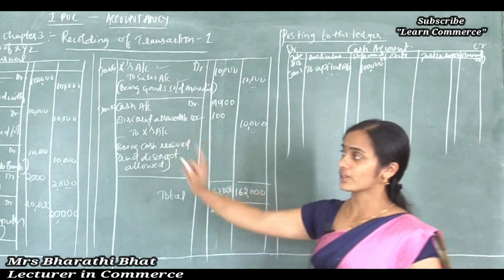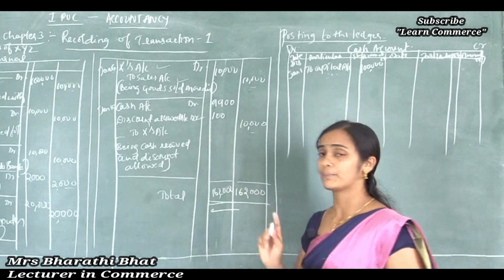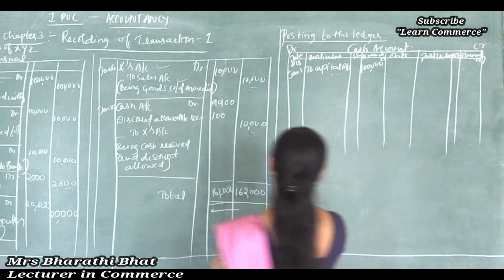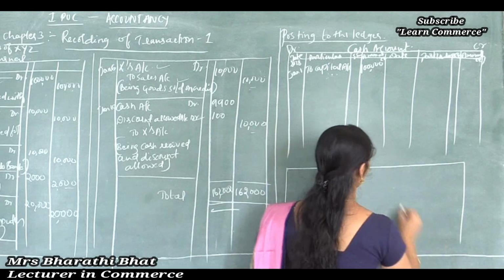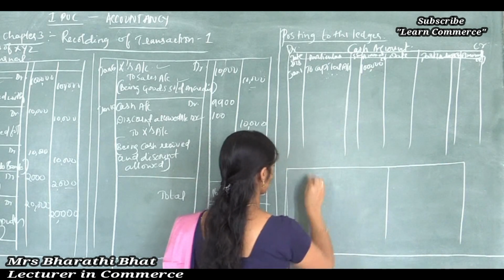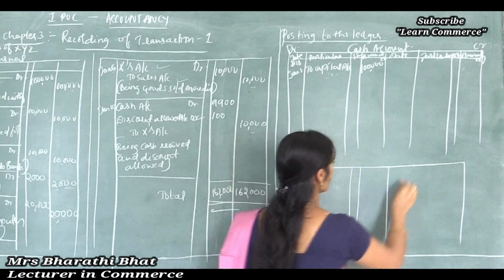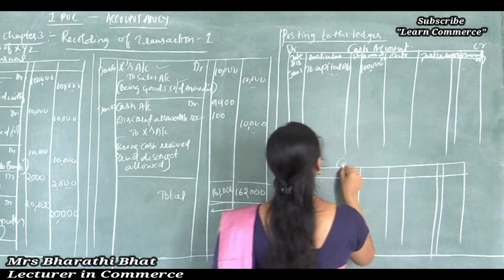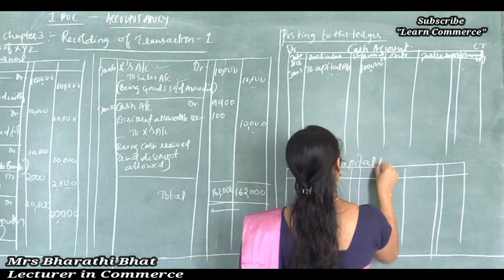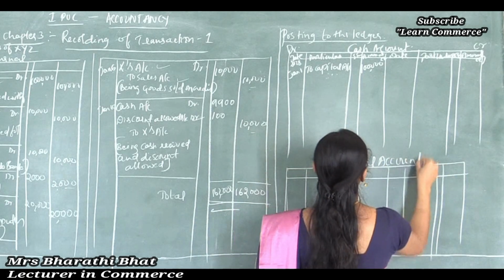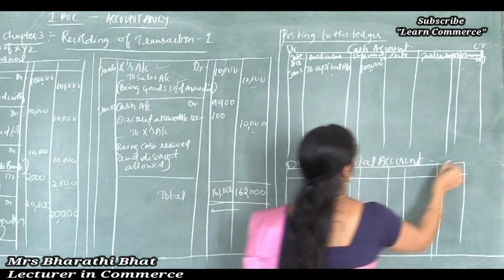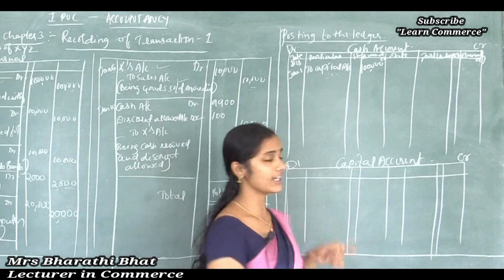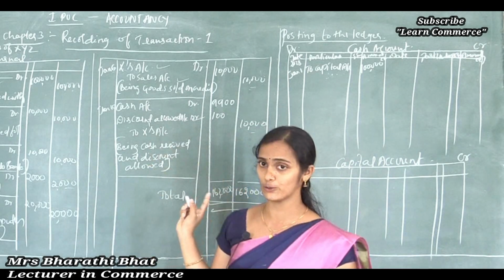Okay, clear. Now in the second one, move to second one, purchase to cash account. See here itself I'll clear the capital account, because in the capital account only one transaction is affected. So capital account is very simple. Capital account, debit, credit. First account is cash and the next one is capital account. Capital account showing credit value rupees 10,000.